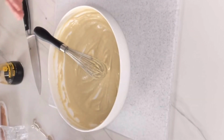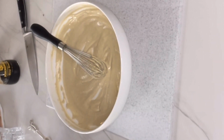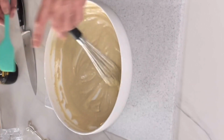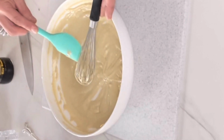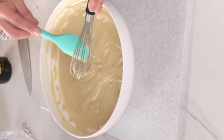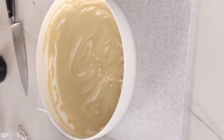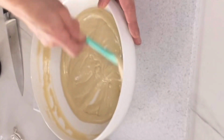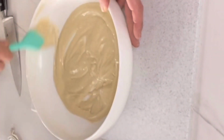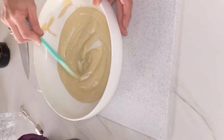Delicious, really delicious. C'est vraiment très très bon. Le goût du sésame est superbement bien relevé. Il y a cette petite touche de piquant, on va dire, par la moutarde. Et c'est crémeux sans mayonnaise. C'est vraiment magnifique. Donc maintenant, on va couper notre